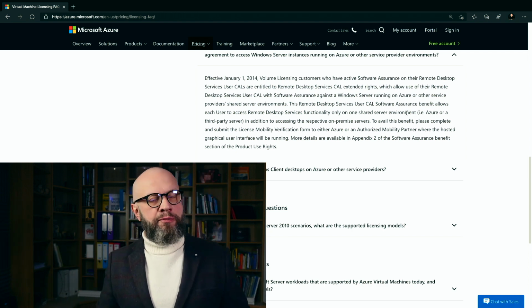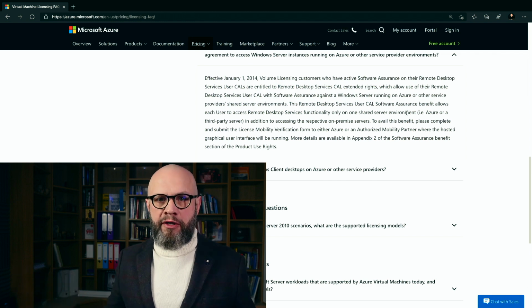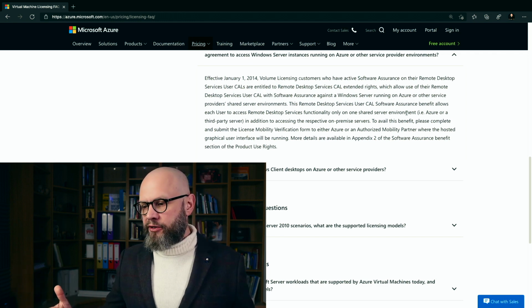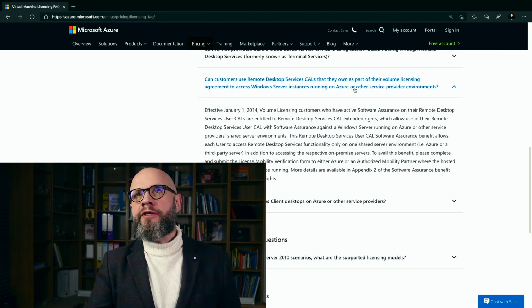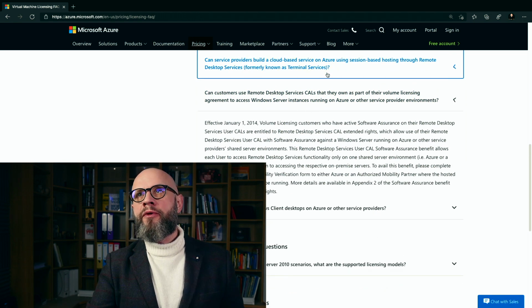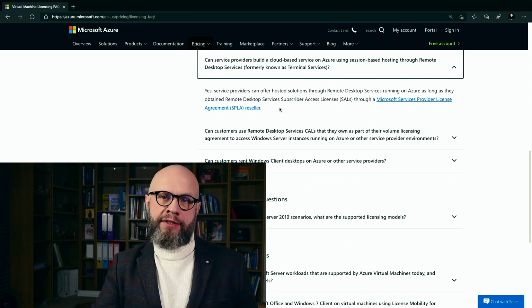If you're using a service provider's solution, somebody deployed it for you as a service provider, an outsourcer, and they resell you licenses as a part of a SPLA agreement, they may also do so. So RDS CALs is the answer, just on top of that one, basically explaining if you can use RDS subscription access licenses in Azure.